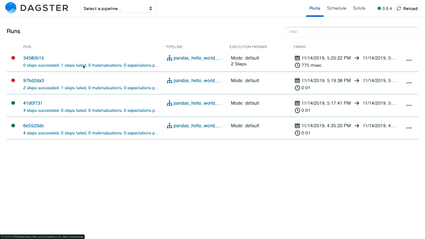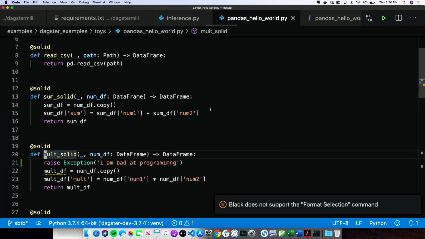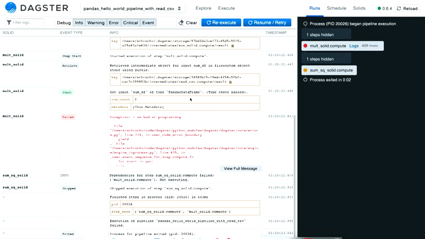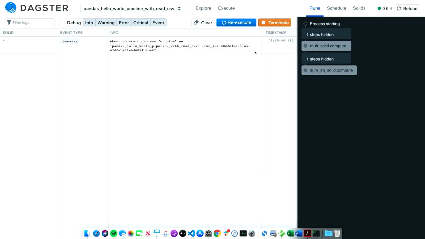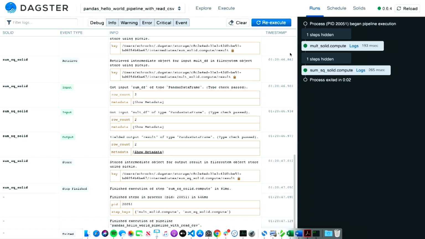Specifically, let's go back here. Specifically these 2 ones. All right, let's go back to the runs. Go back here. Now let's say I go back and fix this. Where'd you go? Oh, there we go. Now I retry this. And lo and behold, it's fixed. Right, so you have this new debugging flow.